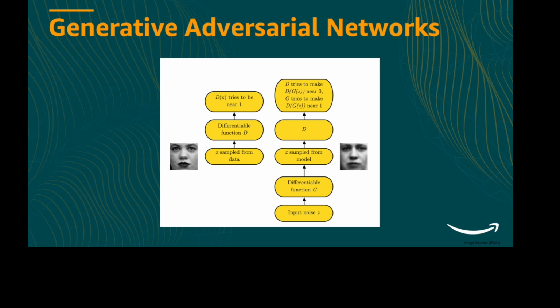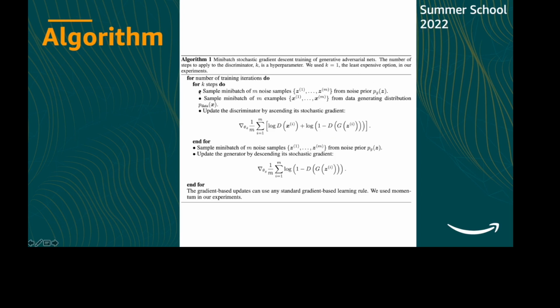Whatever I have mentioned was an intuitive explanation of how the training happens for the discriminator and generator. This is a snippet from the paper itself, and you can go through it later to understand in detail, but the crux remains the same: the intuitive explanation that I gave is about how the training happens for both discriminator and generator.